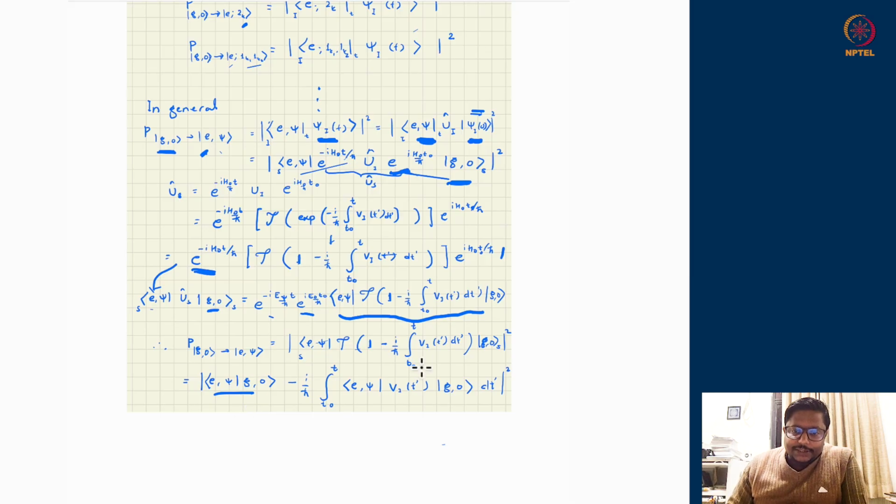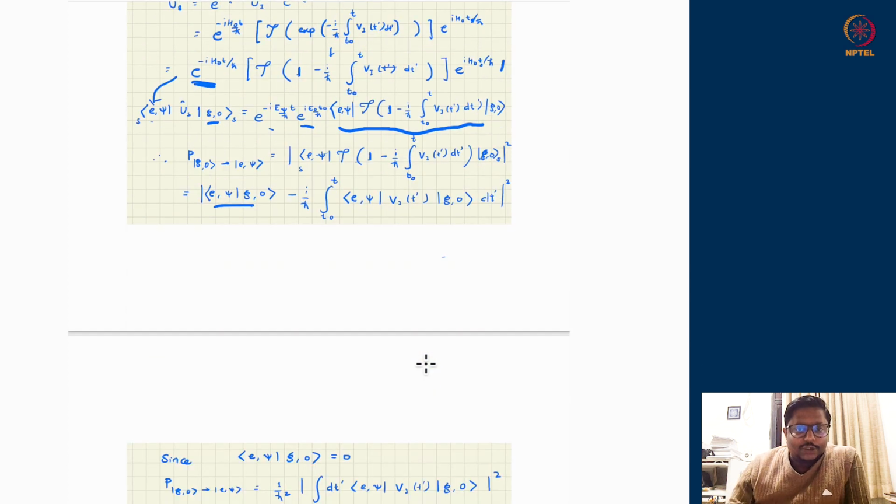The second term is the first integral of V_I(t') from t naught to t. Now this is a single integral, and time ordering of a single integral does not do anything. Time ordering matters only from the second integral onwards. So the time ordering of the first two terms of the expansion are the terms themselves. I do not have to worry about the time ordering up to lowest order, or leading order, perturbation theory. So I have two terms.